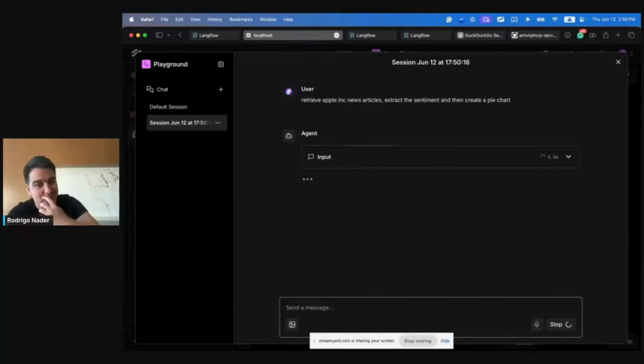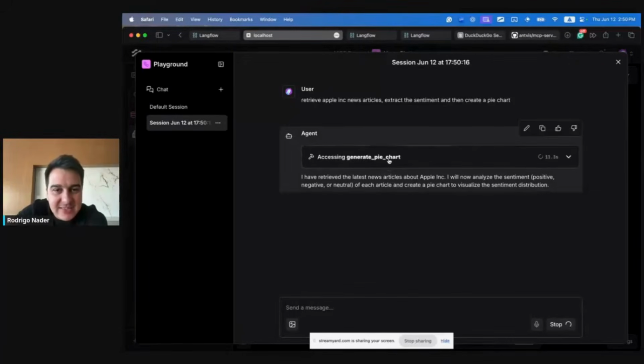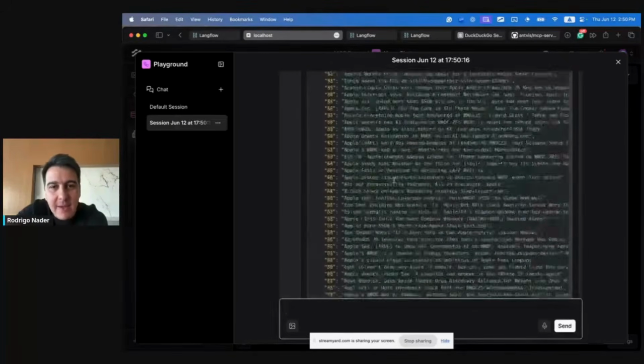Let's see how that goes. And this is a live demo in a dev branch. So fingers crossed. Okay. So what you can see over here is that the agent first accessed the new search component, and then